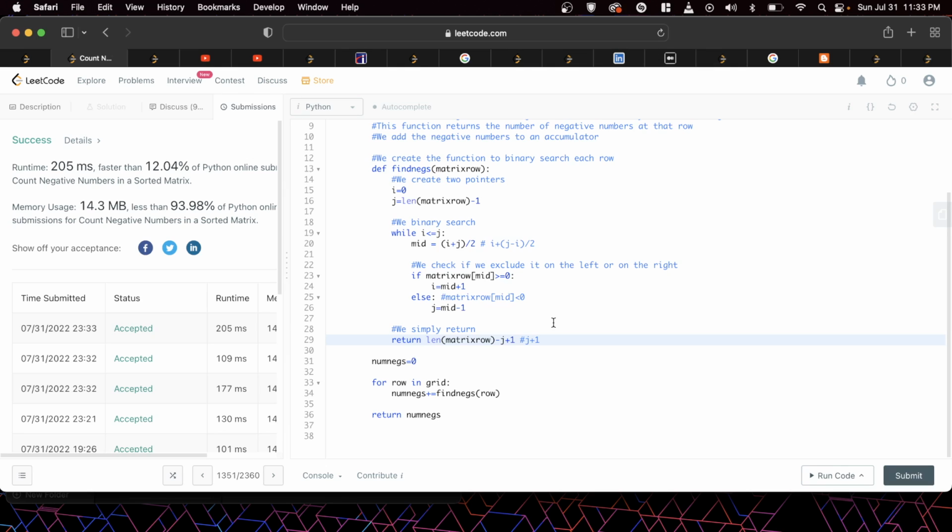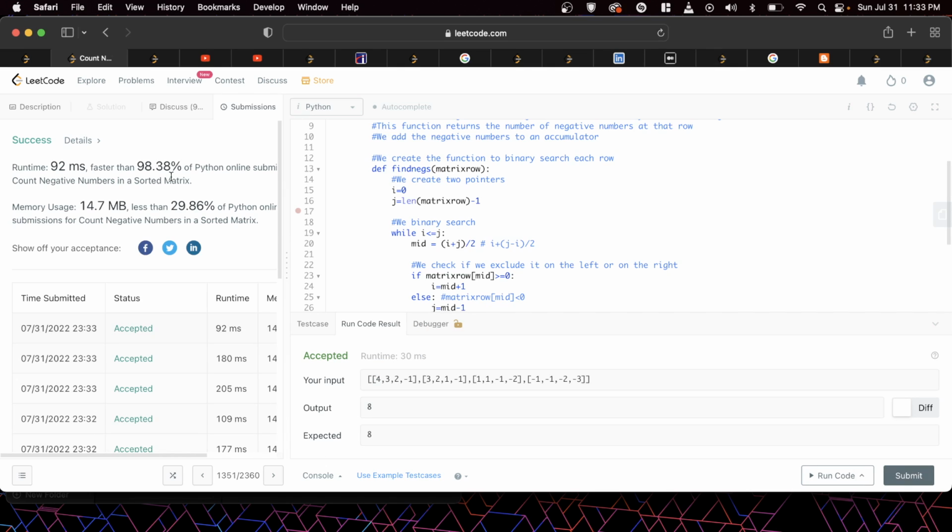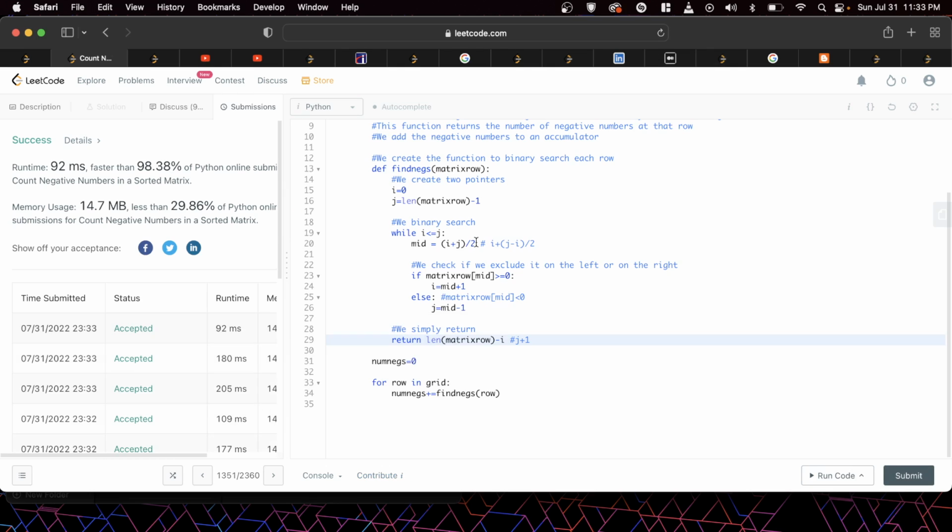So you can either do j plus 1 or i. Voila, voila, voila. Let's run it again to get a higher runtime. Perfect. So this is an O of m, which is the number of rows, log n, number of columns. Right? And this is actually the fastest